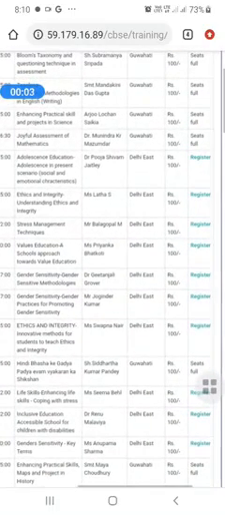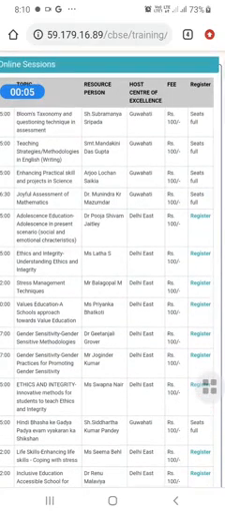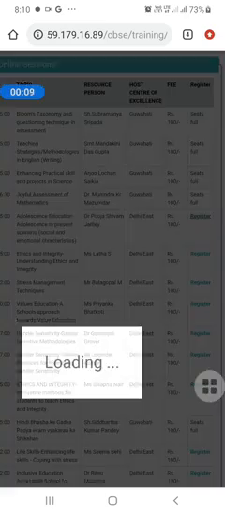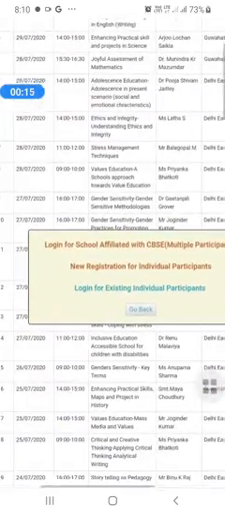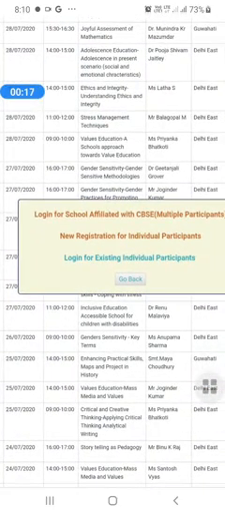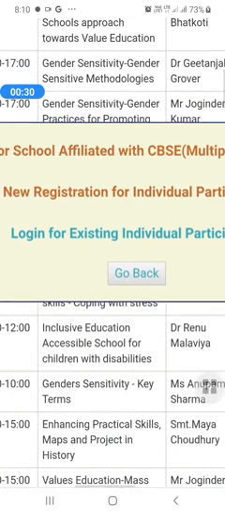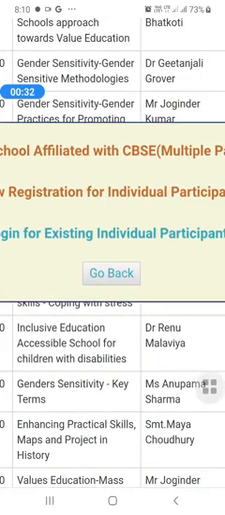Suppose you have already registered, after registration you can register with the ID that you have registered, using login for existing individual participants. If you go for the school, I don't know whether the school office people can do it for you, but this is for us. We can do it by ourselves. Login for existing individual participants.